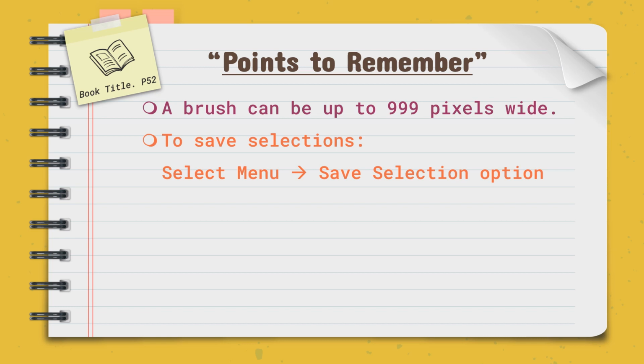Once you make some difficult selection or some very complex area and you want to save that selection to work with that selected area later on, you can save that selected area by using the select menu, save selection option. It will ask you a name, you give a name and click on save button, and later on when you load that selection by again clicking on select menu, load selection option, you select the name that you had given. When you click on that, the same area will be selected.